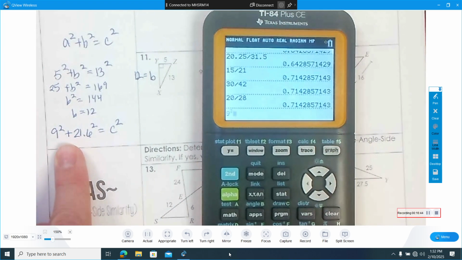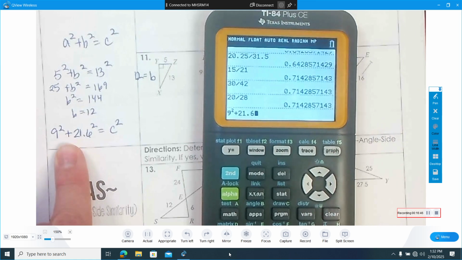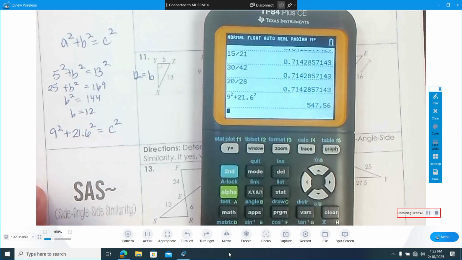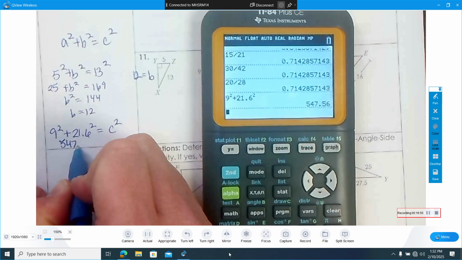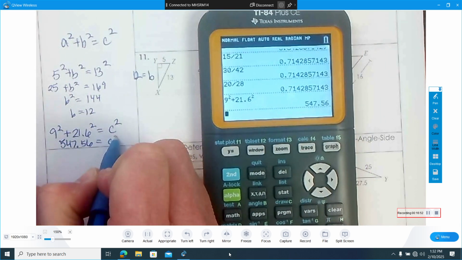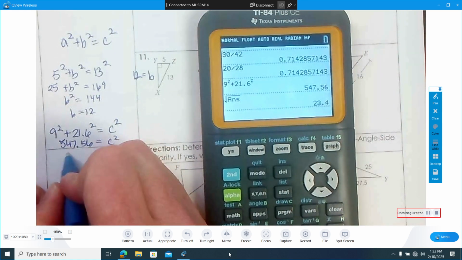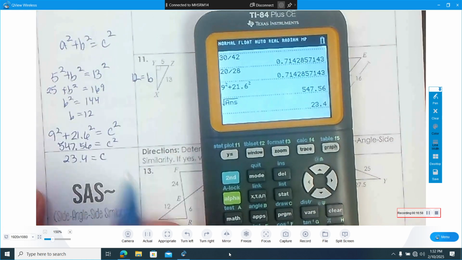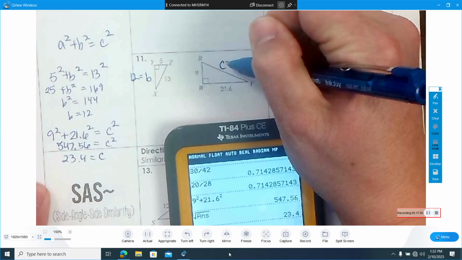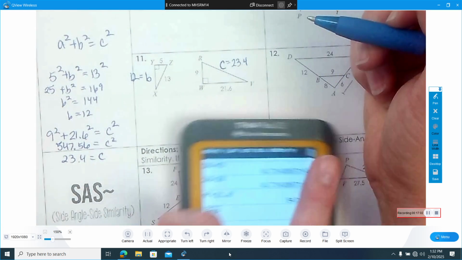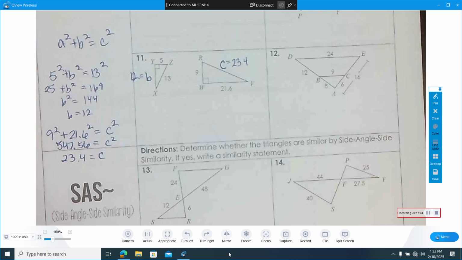That gives 547.56 equals C squared, and I can take a square root and get 23.4. Now that I have my third side, which we could do because they were right triangles,